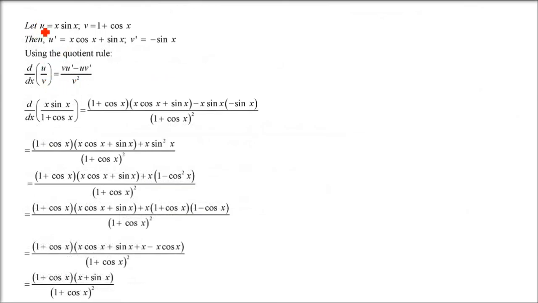This one is question number 11. So question number 11 it is. So what do we have here? x sin x by 1 plus cos x. So what we are going to do, x sin x is u, and we'll do it by the product rule. So the derivative of x sin x is x cos x plus sin x, since the derivative of x is 1. So x cos x plus sin x will be there.